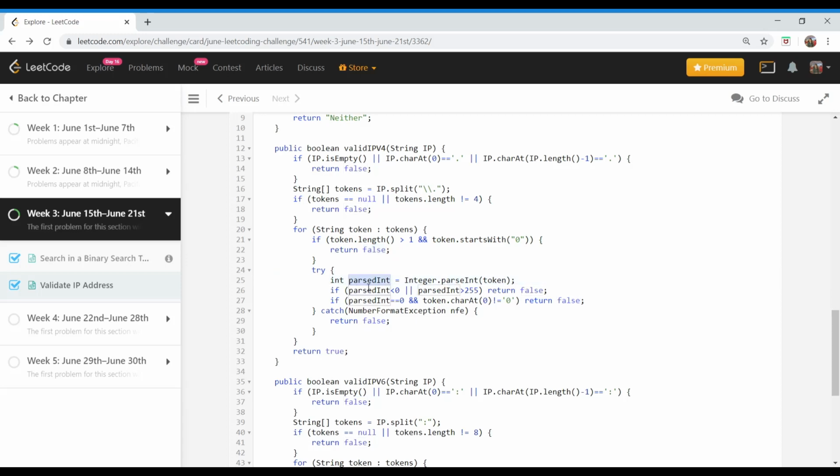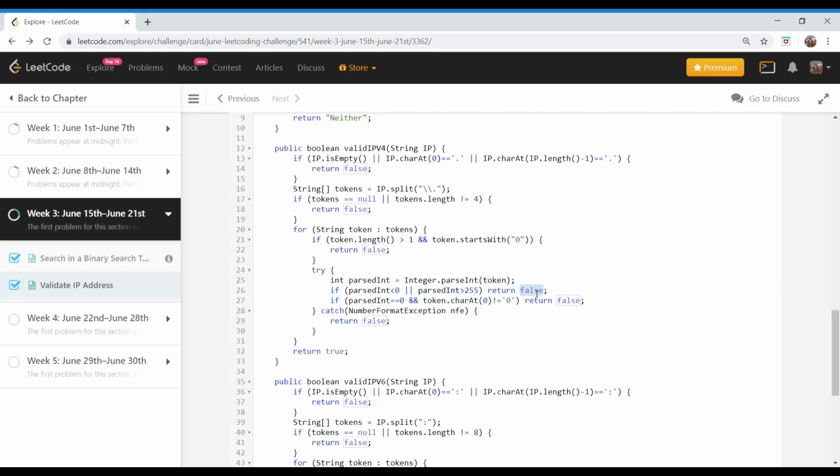In case this token contains any other character, like an alphabet or something, then we won't be able to parse it. We'll get a number format exception. In such case, we are simply returning false. In case we were able to parse it, we are trying to verify if the parsed integer is between the range of 0 and 255.